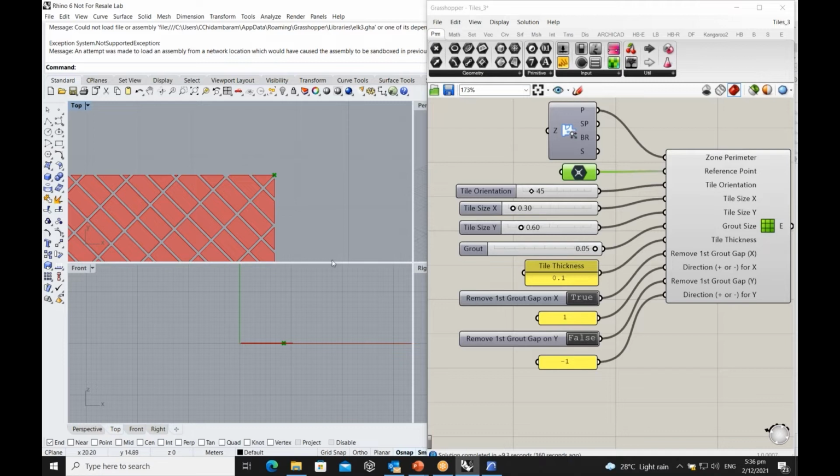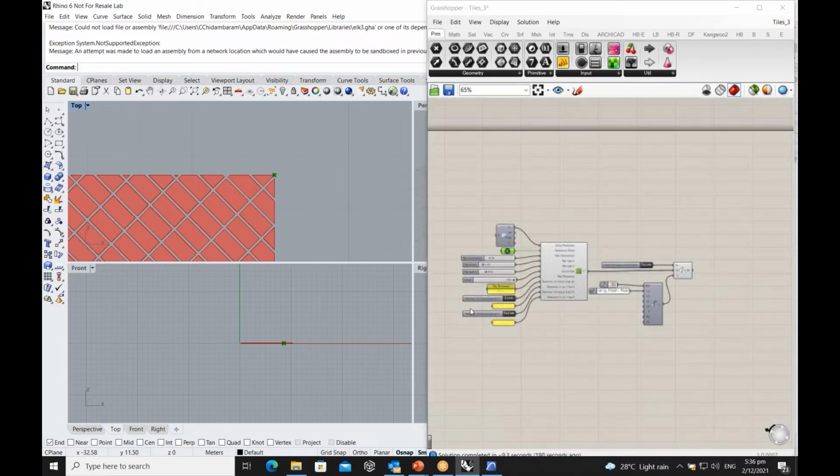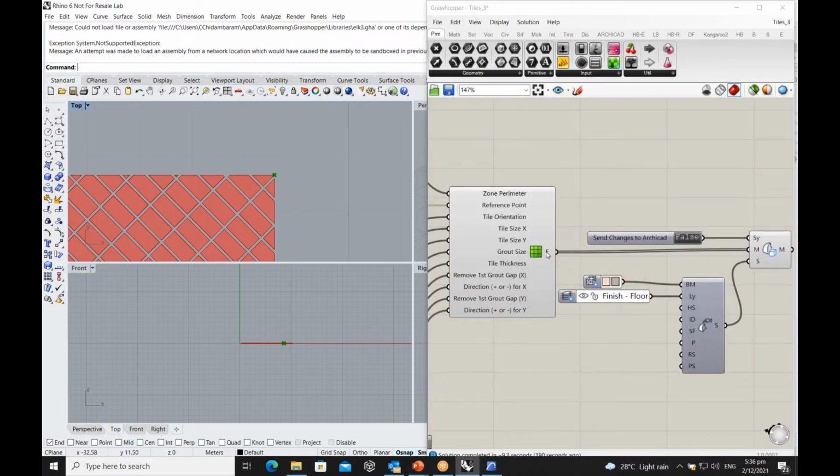And sometimes the tile comes with the grout gap, so the tile is offset from the starting point. If it happens, you can use this to control that. So that's why we have these additional things here. The direction you can set to either 1 or -1, so it goes either forward or backward. That's it, just pass 1 or -1. So at the end of the day, it outputs a set of